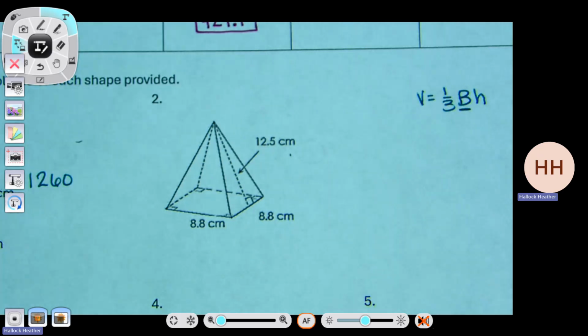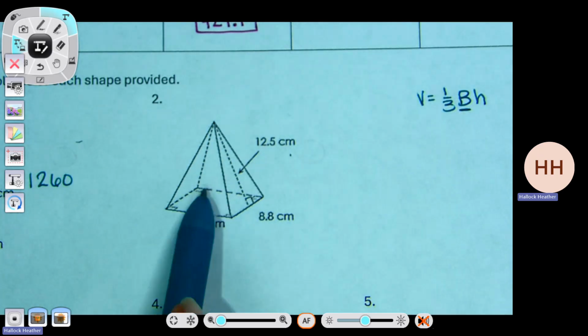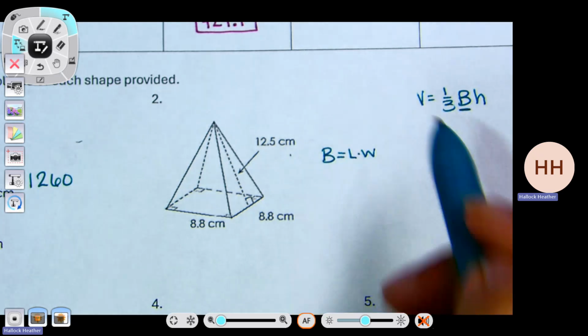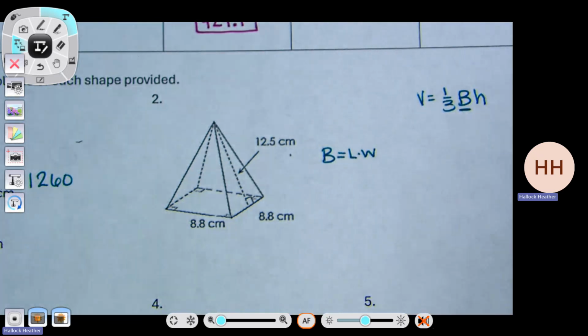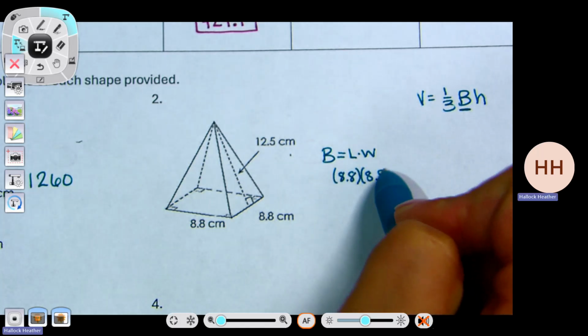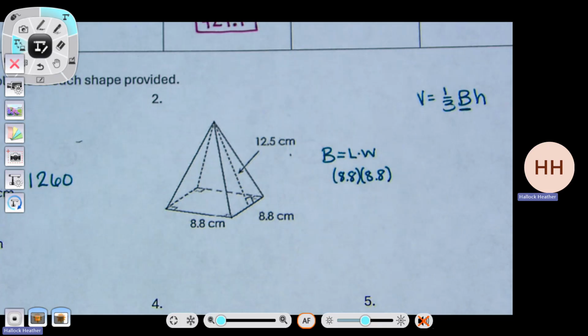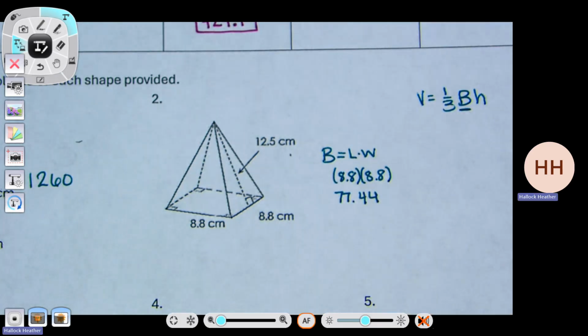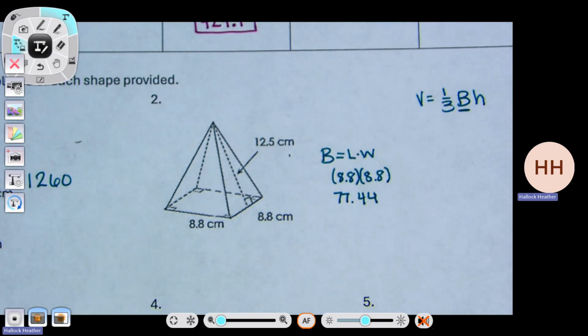So what shape is my base? A square. So what formula am I going to use for B? Good. So length times width. What two numbers are for my base? 8.8 times 8.8 because it's a square. So if I multiply those two numbers, what do I get? 77.44. I'm going to write the whole thing because it's a short decimal. Okay. 77.44. So now I'm going to take that, just like we did yesterday, and plug that in to